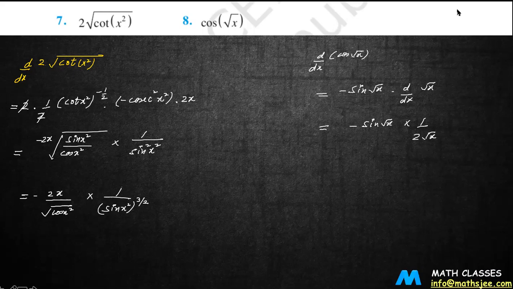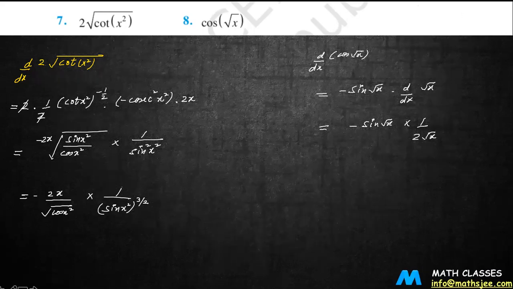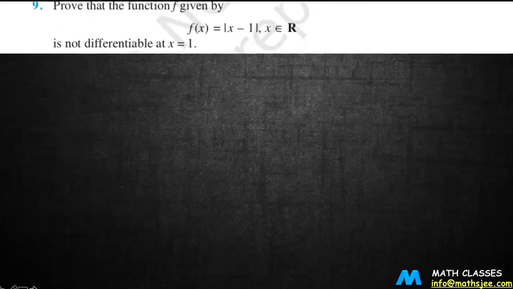So let us now try to solve the remaining ones. Prove that this function is not differentiable, right? So once you know how to find the limits and you have the knowledge of the first principle, if it is asking about differentiability, then things become easy, right? So using the first principle, you can write down the limits. So here also you have to find the left hand derivative and the right hand derivative to prove whether the function is differentiable at a point or not, right?